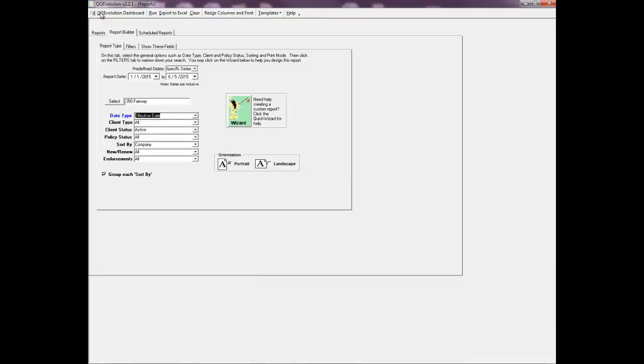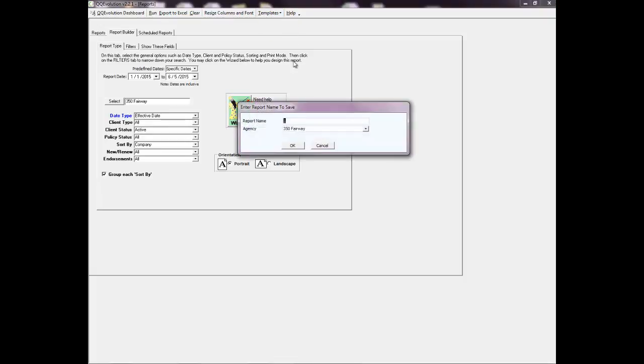Now it does not change the standard report that's located in QQ Catalyst. This creates a new template of your own. Now if you wanted to save this template, you can simply click on the templates option on the toolbar, click on save, name your template,